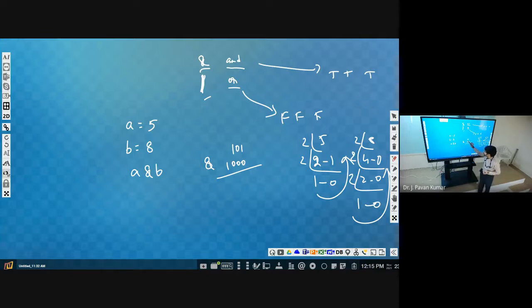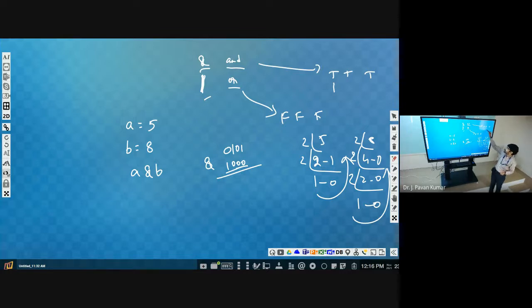Now here we have 4 bits, and 5 has only 3 bits. Can we make it 4 by putting 0 on the right side or the left side? The left side. So now 1 and 0, what will be the outcome? Consider true as 1 and false as 0.